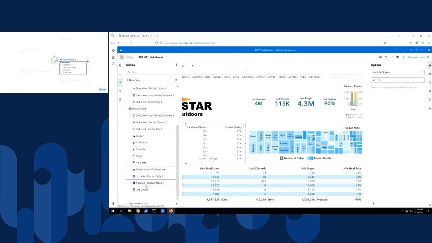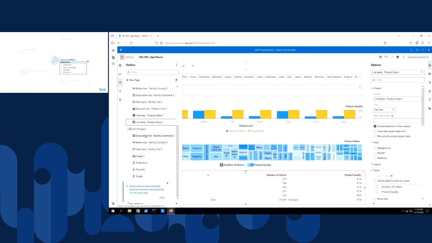And for some reason, my tree map is not selecting. Okay, there we go. And I'm going to drag them as a group to the Product Analysis page. Now, it does tell me some actions were removed because they weren't supported, but we'll deal with actions later. So I'm not overly concerned with that right now.